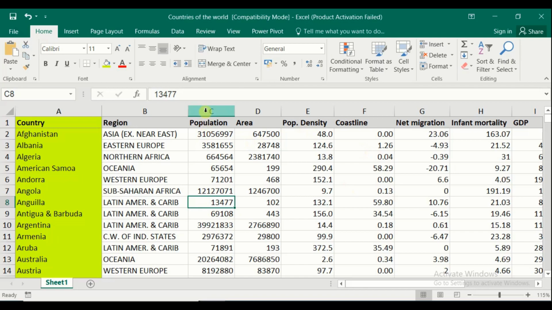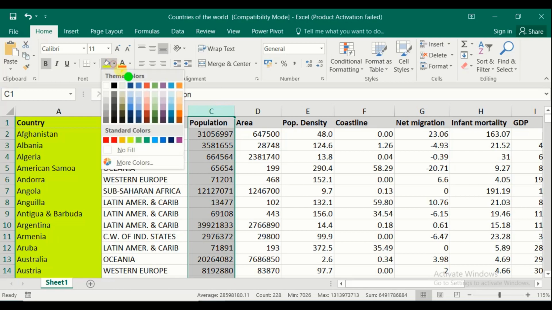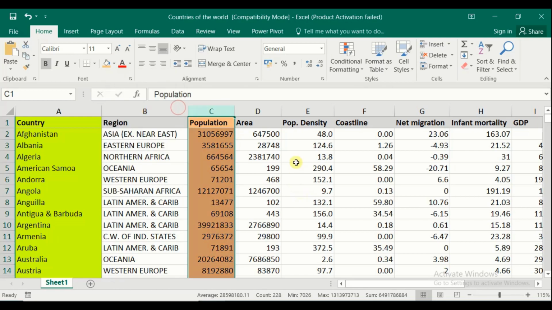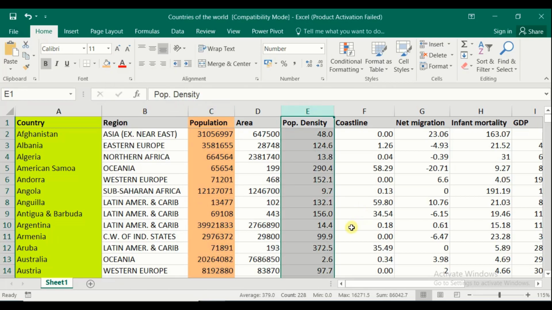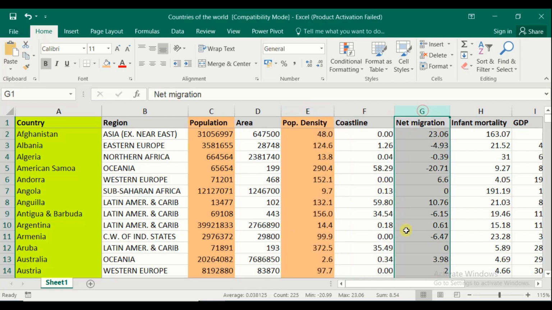To verify at our end, let us make some changes in the file. The country column is already filled with this green color. Now I am adding multiple other columns with other color selections. I am selecting the population column with this color, the population density column with this same color, and the last one is net migration.